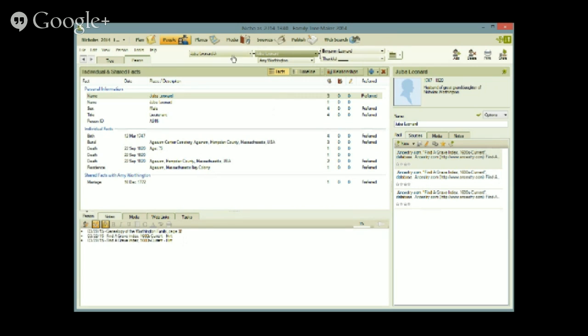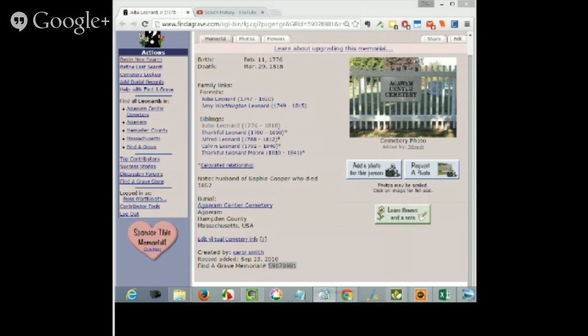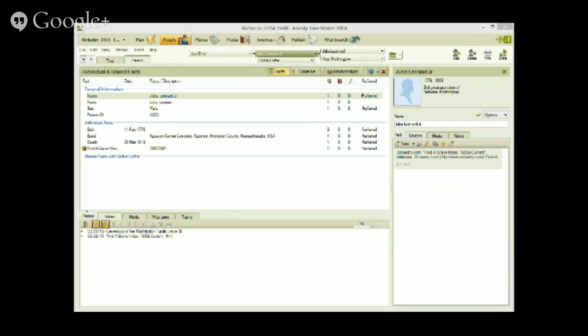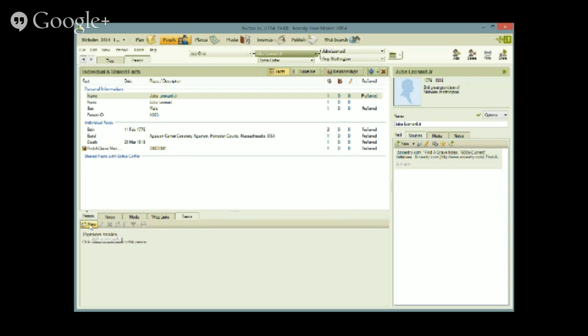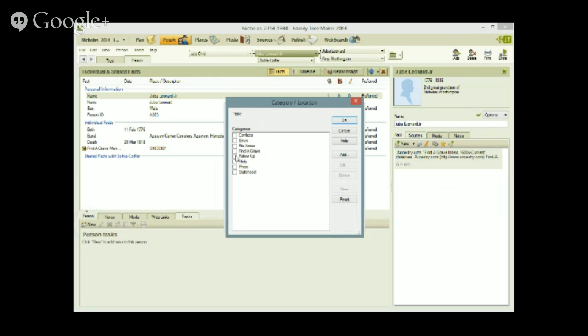And I got all of my research log entry. Now I want to go back and I have another item that I want on the to-do list. Remember on the Find a Grave website that I have some relationships there? Well, I want to remember to go back and pick them up at a later time, because what I will probably do is spend some time with everybody who I have entered into that cemetery and do some more work. So I'm going to create a new to-do task that says Find a Grave has some relationships. I have a task category called Find a Grave,